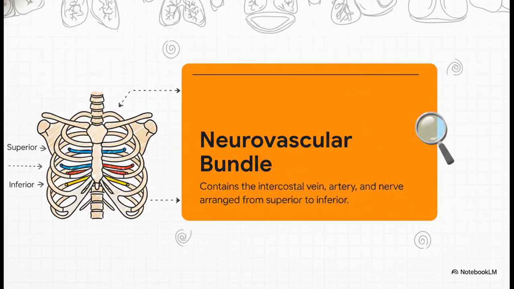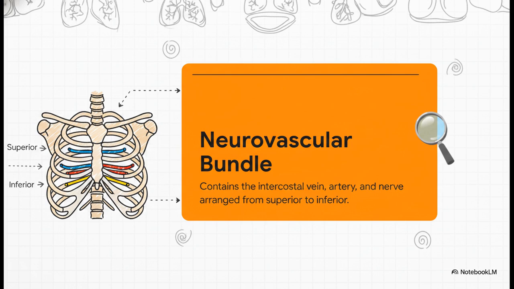Every biological house needs a power grid and a water main, right? It needs to deliver nutrients and electrical signals to all those incredible muscles we just covered. So the crucial point here is understanding the neurovascular bundle. Hidden inside every single intercostal space between the ribs, there's an essential group containing an intercostal vein, an artery, and a nerve. And the coolest part is they are always structured in a perfectly predictable order from top to bottom,